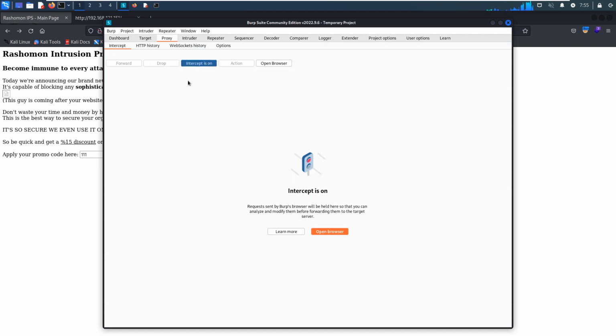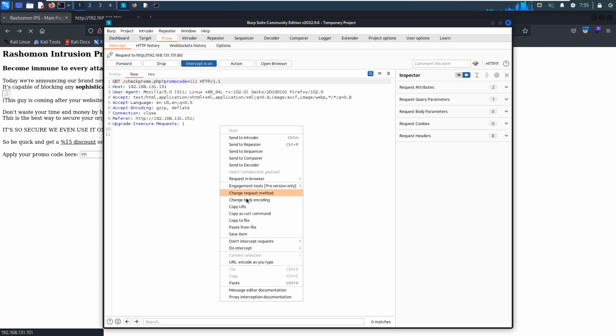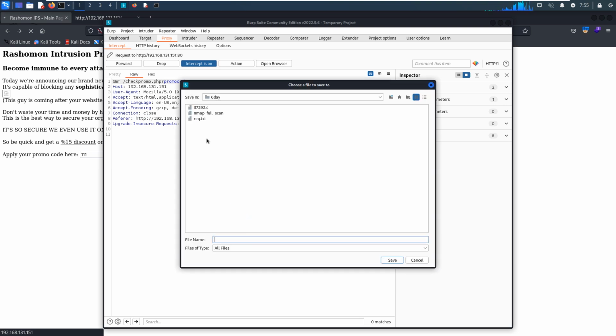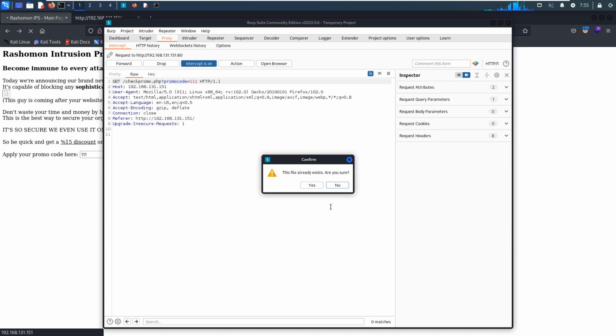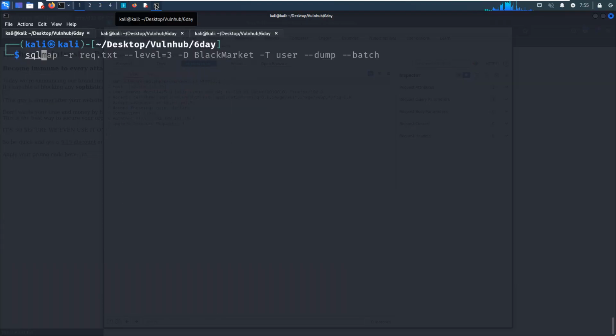Proxy, and we can apply, and we can get the request and save it to this file and overwrite, no problem. And then we can launch sqlmap to test level 2, 3.